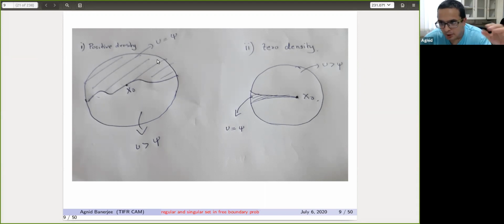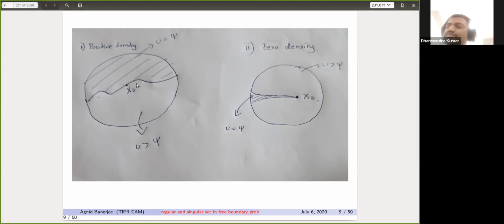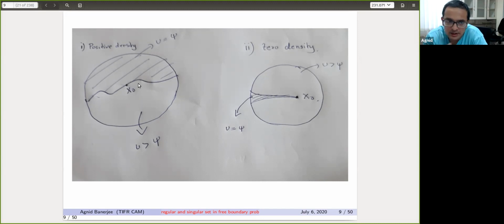So if you subtract off the obstacle, what you should expect is that the blow up limit, that is, if you zoom in on the picture, which can be rigorously defined in terms of quadratic blow ups, the limiting solution would be a half space solution. Suppose the tangent plane over here is xn equals 0. So the half space solution would be, say, one half of xn plus, squared. That is if you insist that at the free boundary point the Laplacian of psi is equal to -1, just to have a normalized problem.